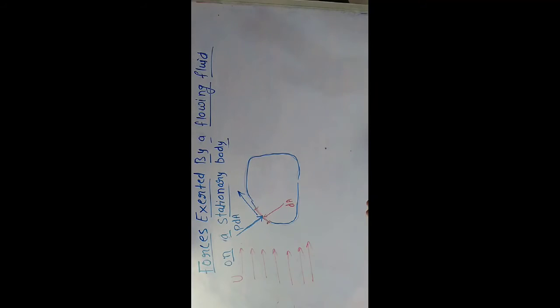Another, along the surface, is the shear component, and that's why shear stress tau 0 into dA. This will be along your dA area surface. So if we assume this is your x-axis,